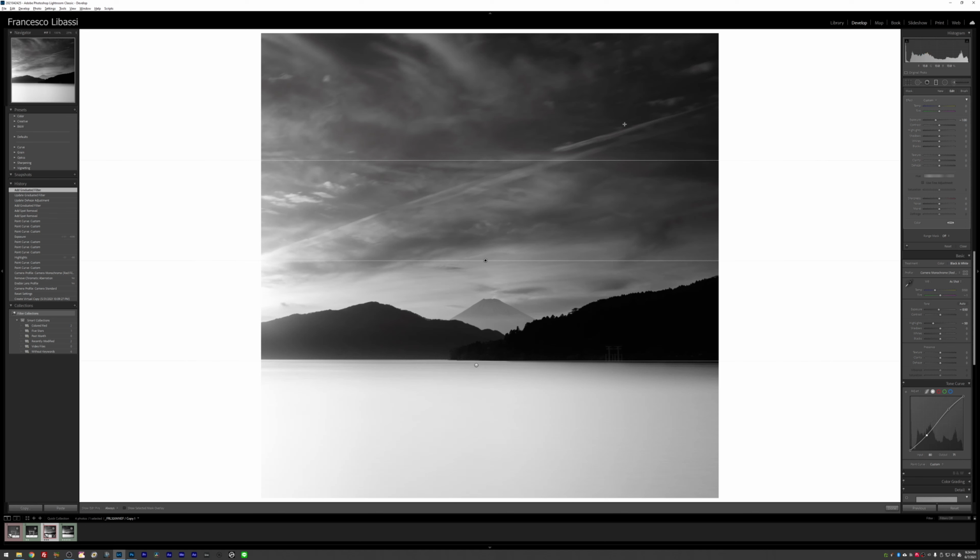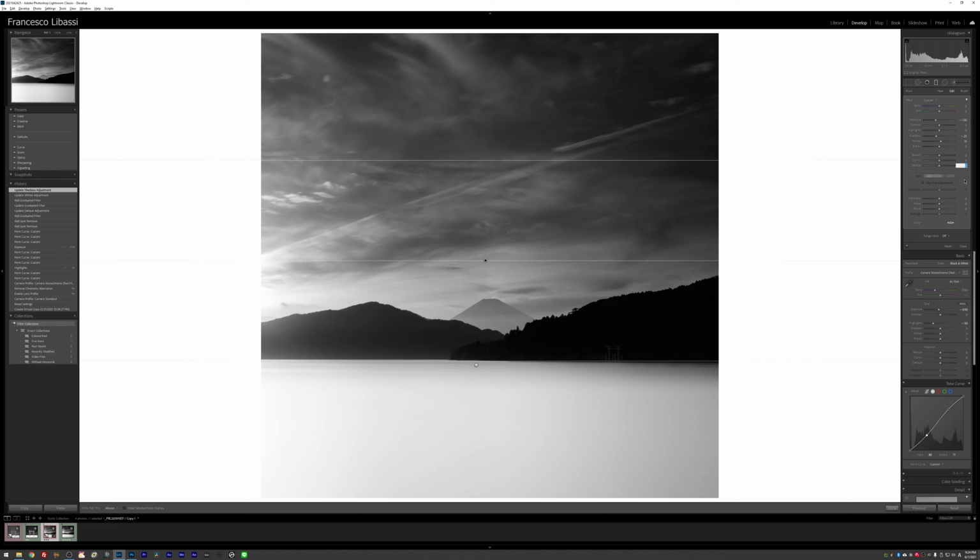So one thing that I want to do is bring these white parts in the sky a little bit higher. So maybe +20 on the whites here, or something like that. Maybe even +10. And maybe the shadows slightly darker, something like -20 or so. And I want to create a little bit more contrast here in the sky. And I can do so by using the haze slider this time for the purpose that it was made.